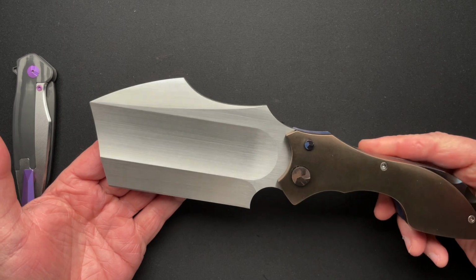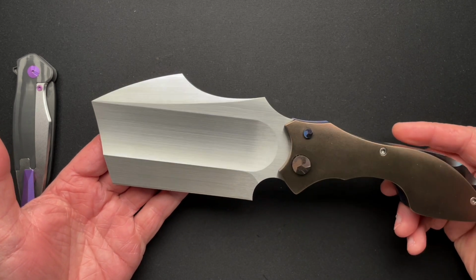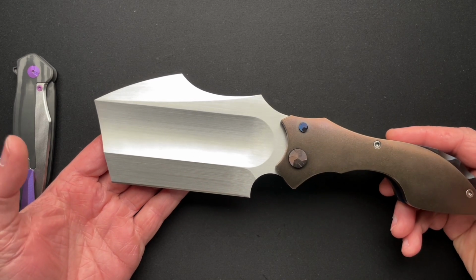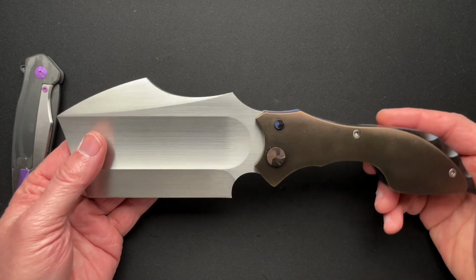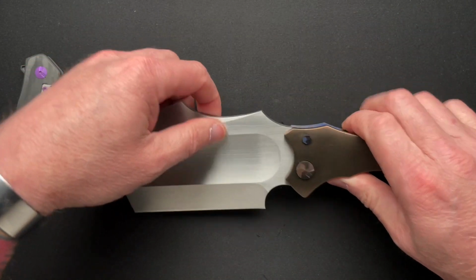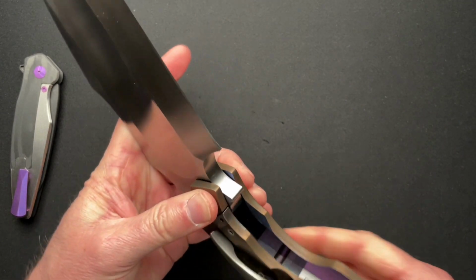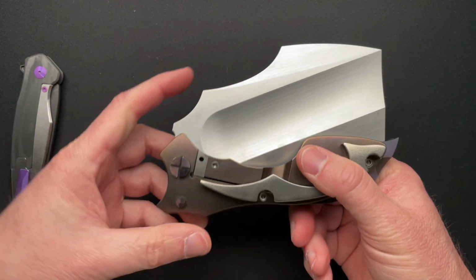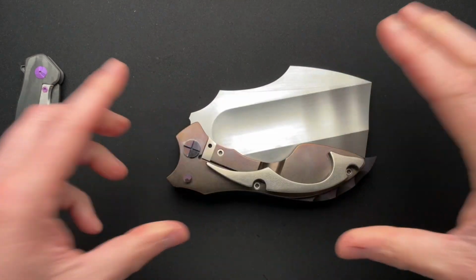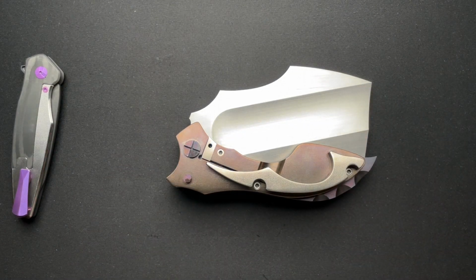This was made to maximize the knife size, yet still fit in a jeans pocket. Phil actually had some jeans, cut them open, took the pocket out, and then literally created the knife around the size of the pocket. It's a really strong lock bar. So yes, this does fit in my jeans pocket. I don't wear skinny jeans. I don't know that it would fit in those types of jeans. Regular Levi jeans, it fits fine,